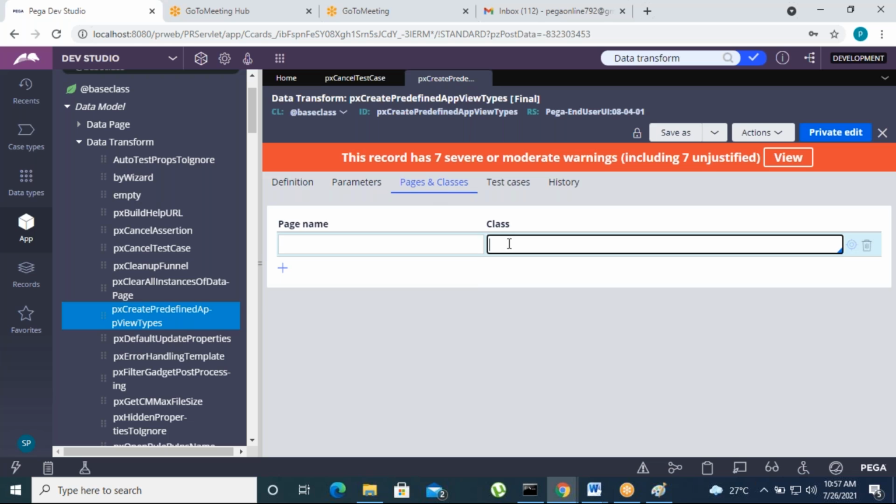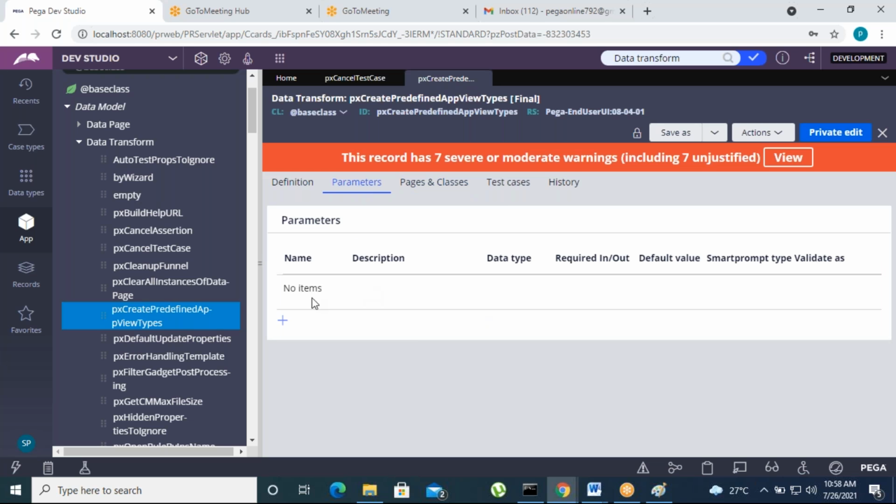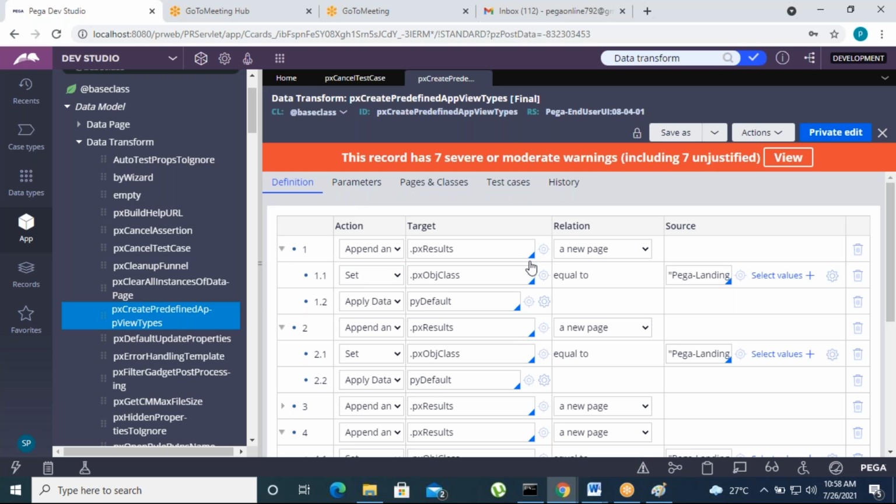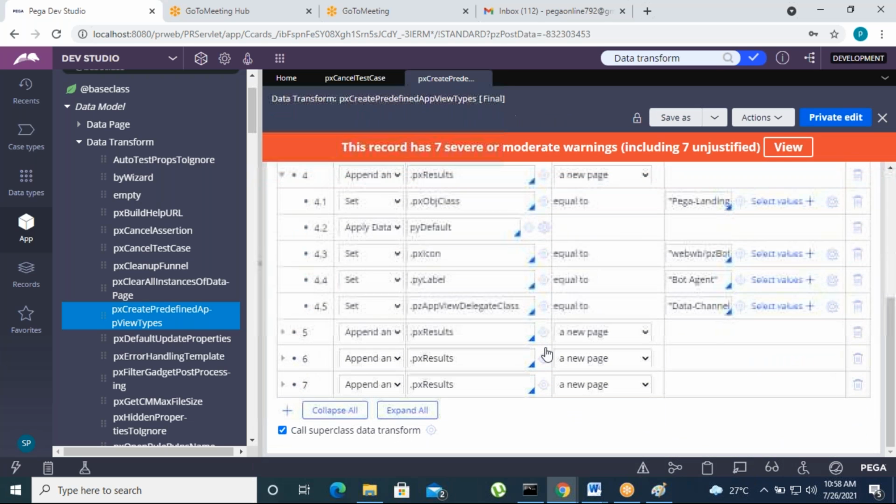Here also we can define the class and the page that holds the data. We can pass parameters also. These are the different options available in data transforms.